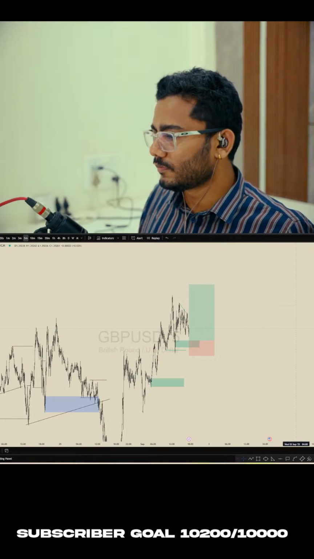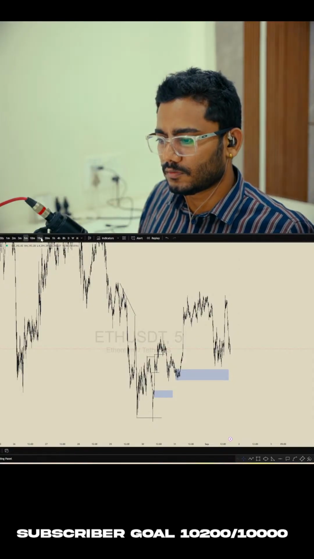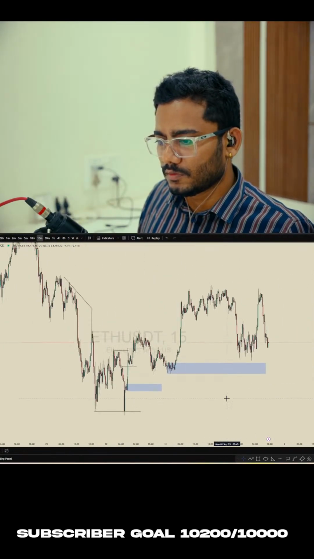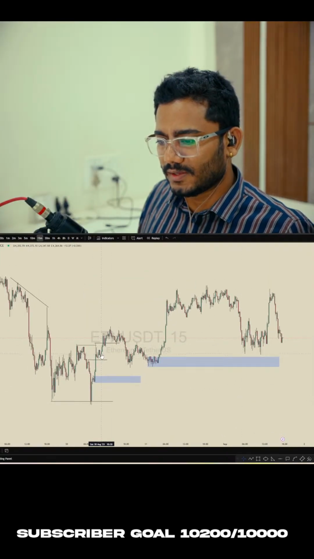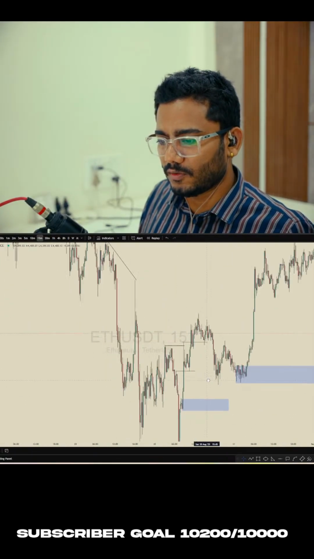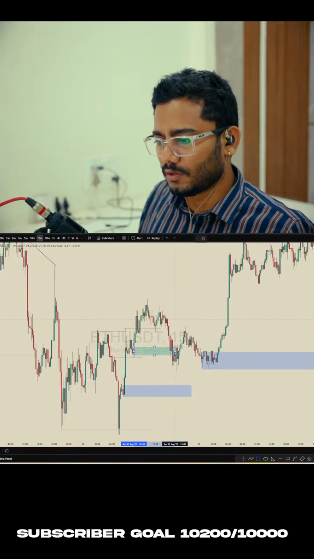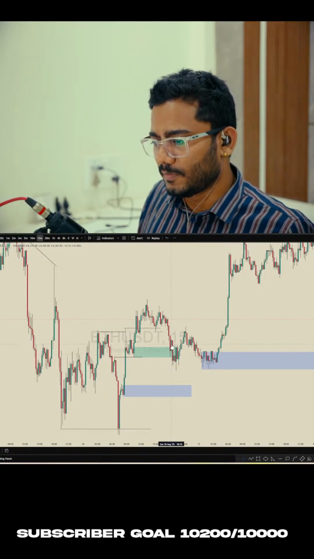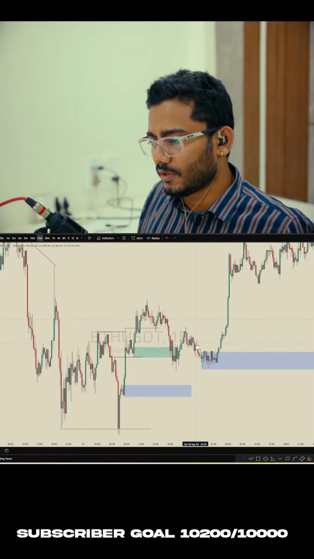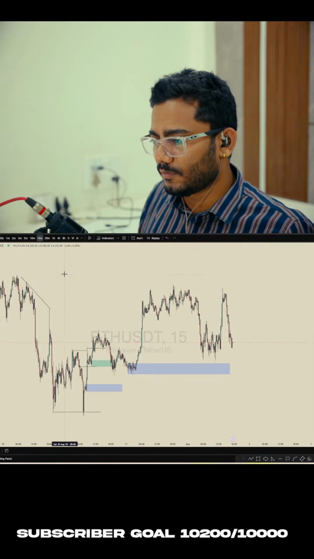Okay, let's say Ethereum. On Saturday I sent a chart of Ethereum on my group, which was this order block here. Because this was the candle which took out the previous one, then gave a structure break, but it failed to engulf or give any kind of confirmation. Then price broke the structure, and it reacted from this order block. Don't know why it happened, but right now